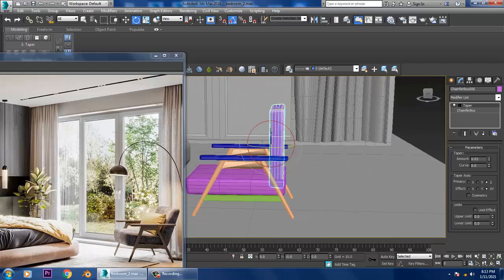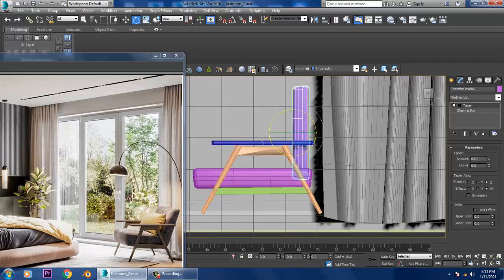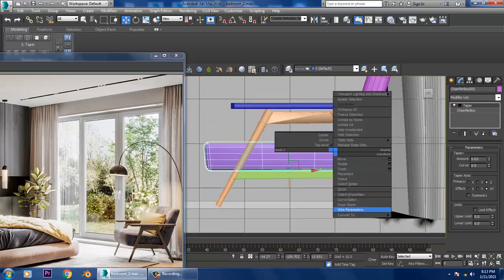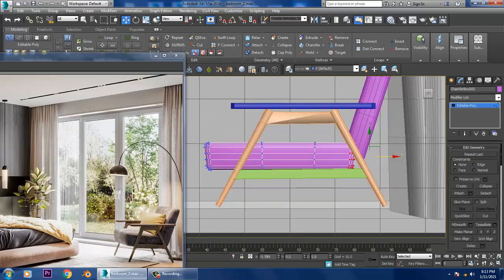I can go into this and I'll slightly rotate it and I'll push it in this way. So convert to poly, go into the vertices, I'll just drag it in this way.